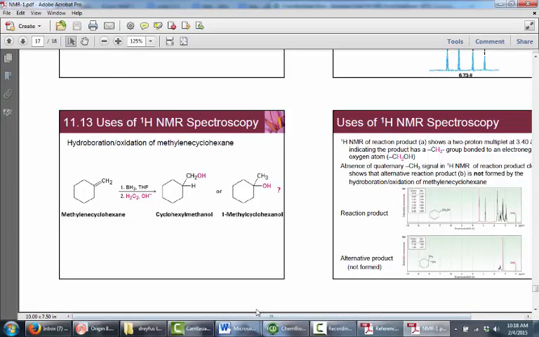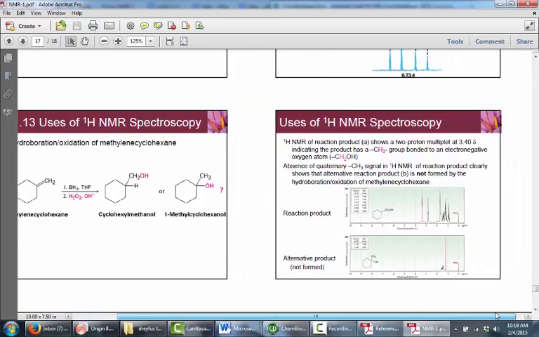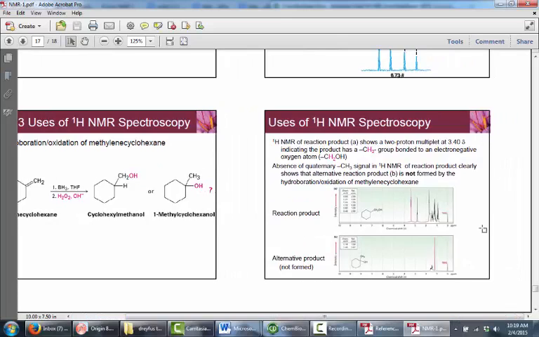And then finally, let's just do one example together of where you might see NMR spectroscopy actually being used. If I take this methylene cyclohexane and react it through hydroboration oxidation to form an alcohol from that alkene, I want to ask myself what was the regioselectivity of this reaction? Did the OH end up on this CH2, or did it end up on this C over here in the middle? I can use NMR to figure that out pretty easily. My product here is this one with the